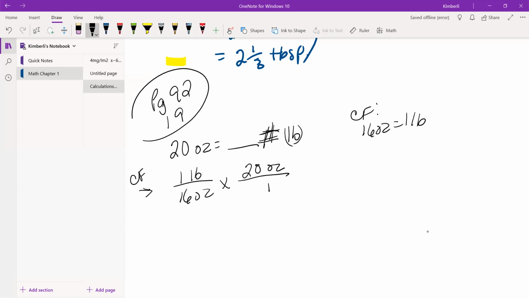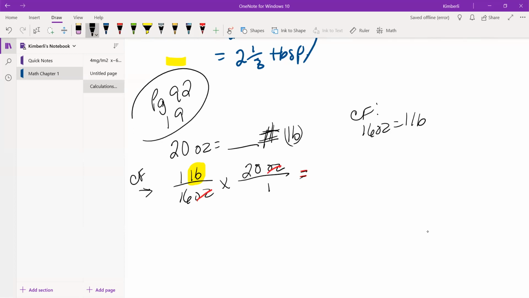And I'm going to put it as a fraction over 1, okay? So this is the way these should all be set up, with what you're looking for in your conversion factor right on top, and with everything else that you don't want canceling out, okay? So now this is going to give me